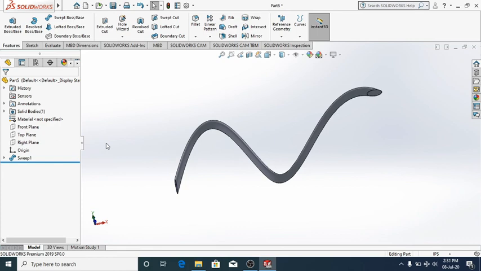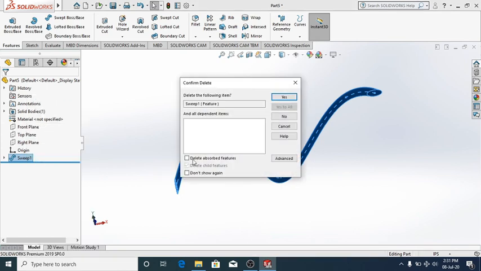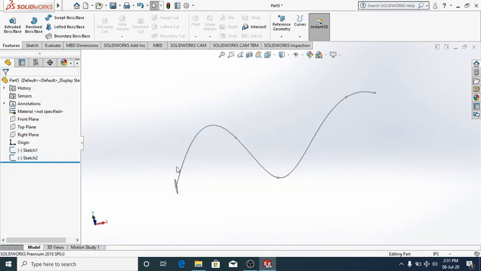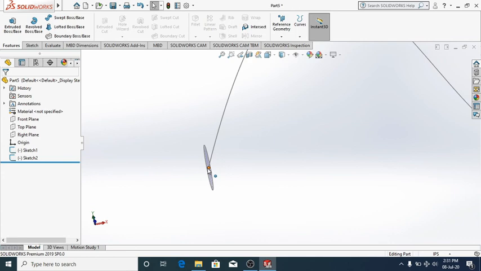So let me show you. Yes, there is an angle between this circle and this line, so that kind of structure came out. So I hope you get that.